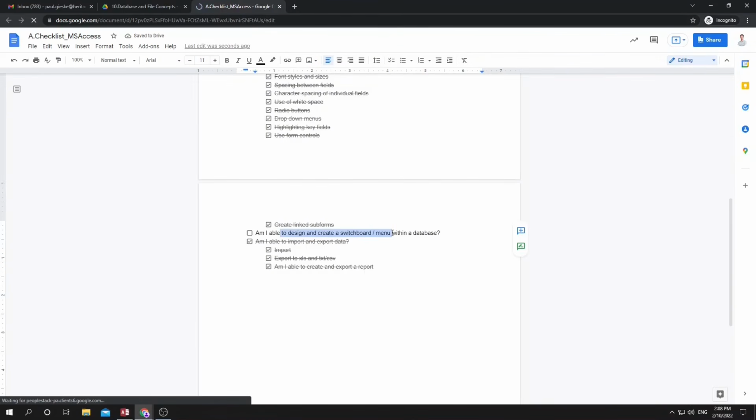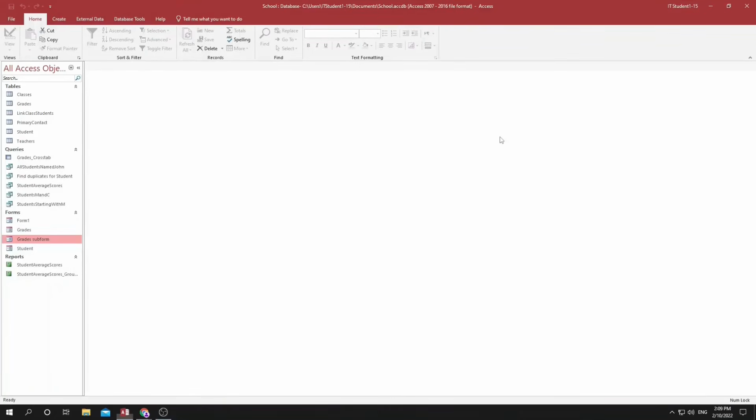Finally, on the very last topic, we are going to talk about switchboards. A switchboard is simply a menu. So let's say you've worked very hard to create an advanced and complicated database with a lot of queries and a lot of reports and stuff like that. And somebody who's new or who wasn't involved in designing the system won't really have a good overview on how to do what. So what you can do is create a menu or a switchboard, and you can have one